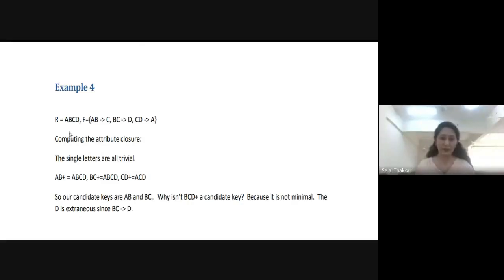Write it down. Only this you have to write down, nothing else. Just write down this.